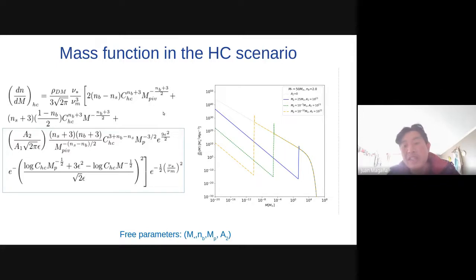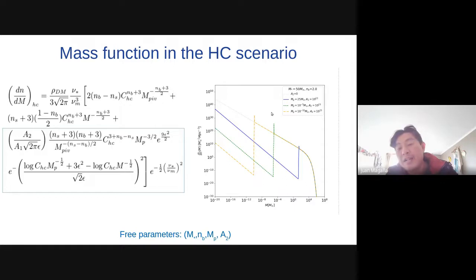In this plot, I show you some examples of this mass distribution with a spike. In this example, I consider this characteristic mass M star equal to 50 solar masses and the blue index equal to 2. And the gray line represents the extended mass distribution without a spike.